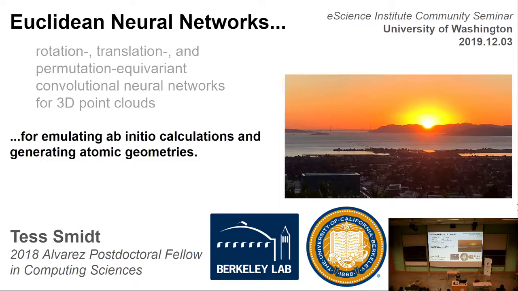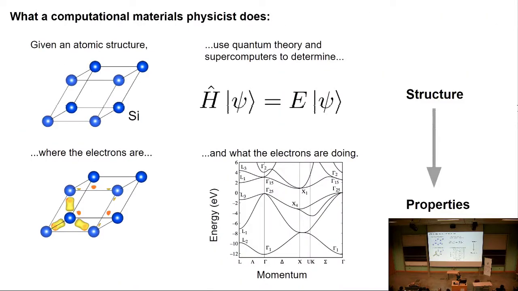All right, so without further ado, first let me give you a bit of background on how I got into this whole field of deep learning. My background is that I'm a computational materials physicist. What that means is, given an atomic structure, so where the atoms are, in this case silicon in its unit cell, it's a funny picture of it, but this is in fact silicon, and if you tile this box in 3D space, you get what silicon looks like if you zoom down to the atomic coordinates.